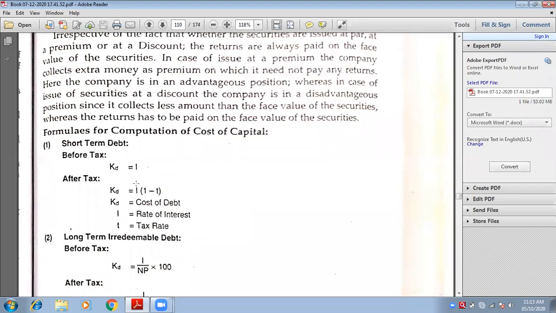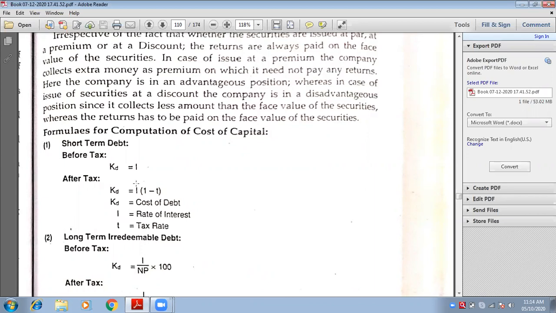I told you I cleared the concept with the vertical profit and loss account format. Interest comes first, tax comes later. So from interest, tax is not deducted, therefore it is already before tax. But when we calculate WACC, weighted average cost of capital, we always have to calculate it after tax. Remember, WACC is always calculated after tax. The answer of the WACC should be after tax.